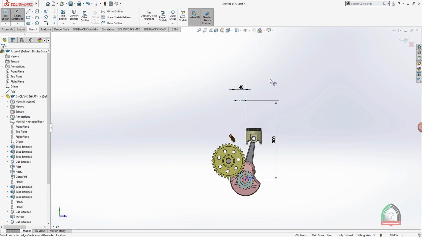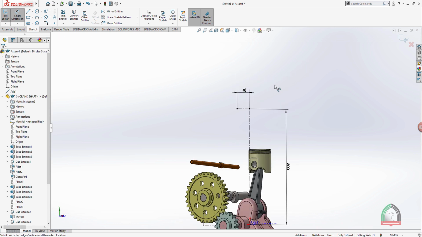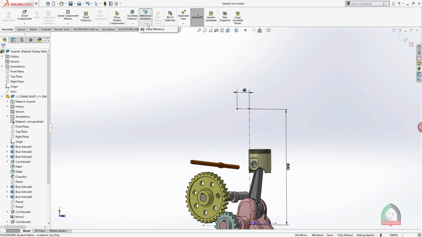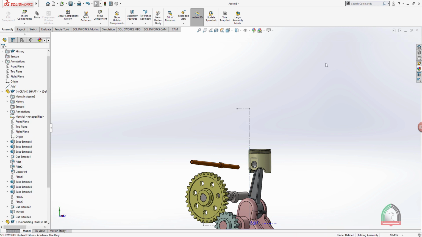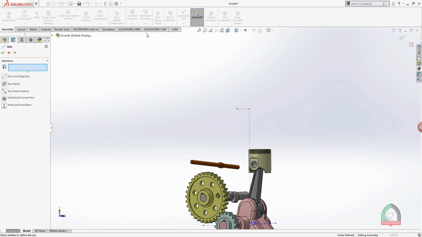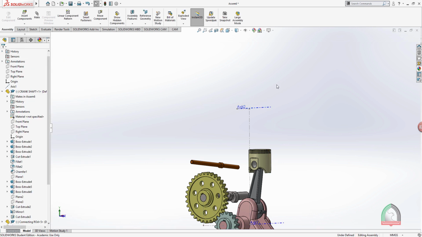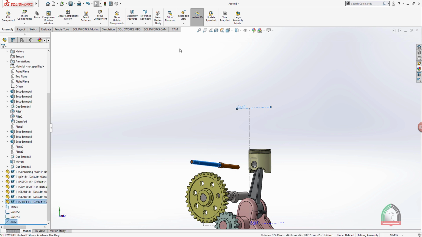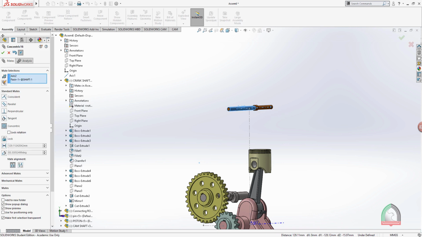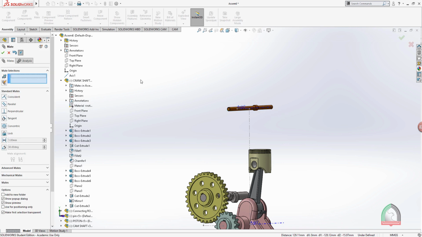Now we can create an axis over here so that it will automatically align. For that purpose we can go for the same option, go to assembly, go to reference, first exit the sketch, reference axis, selecting this one with the right plane, so we'll get an axis over there. Now we can use this axis for making concentric relation with the shaft. Click on the axis, go for mate. Okay, now it is concentric automatically. Now we can give a coincident relation between the,